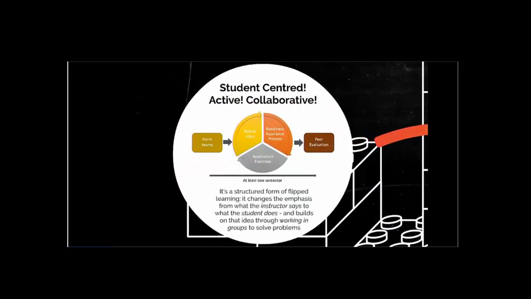So, team-based learning is a particular structured form of flipped classroom, and it is based on the idea that you do everything in teams. These teams are formed in the beginning of a semester, and they last for at least the whole semester, sometimes even longer. For example, here at NTU, all the classes at the medical school are conducted through team-based learning, and their teams last for 2 years. After that, they go to different specialties, specializations, and that's it. But at least for 2 years, they have the same team.